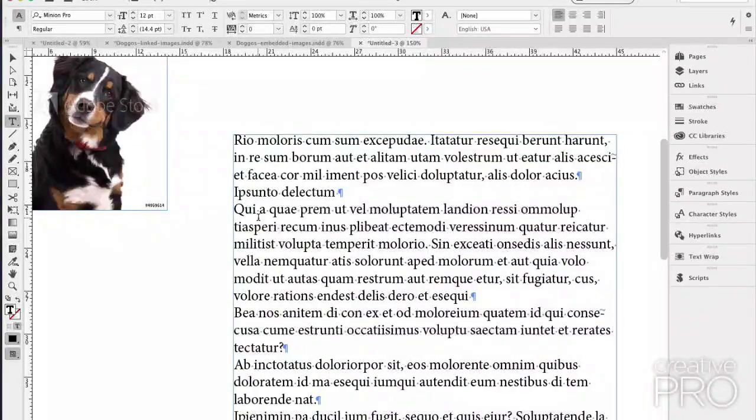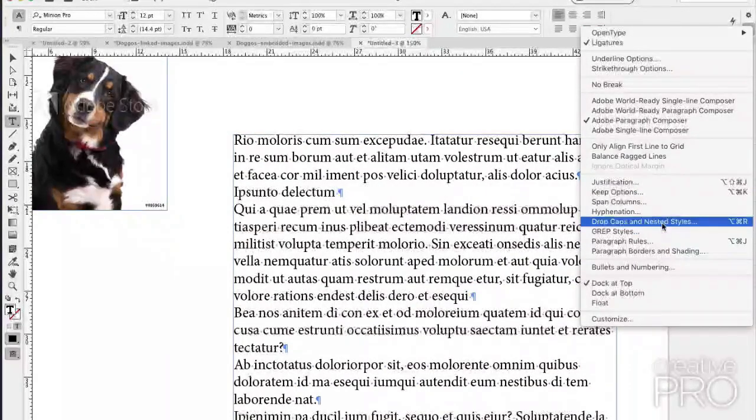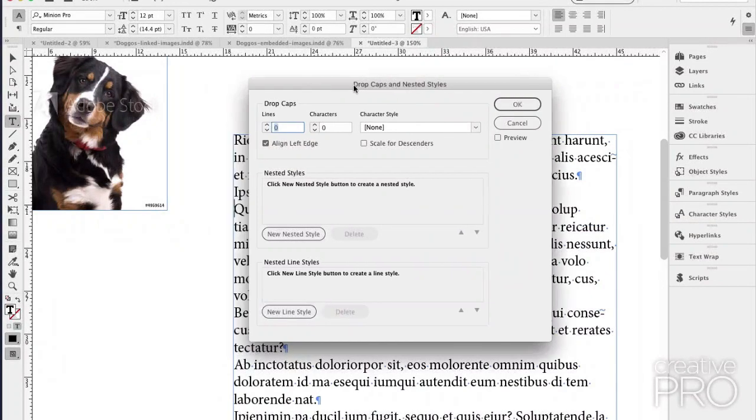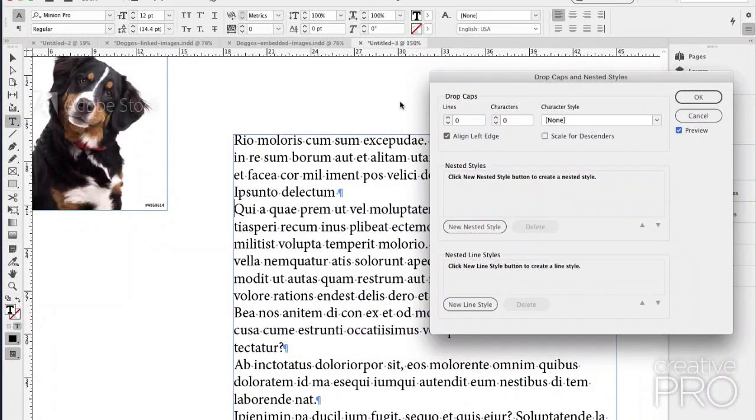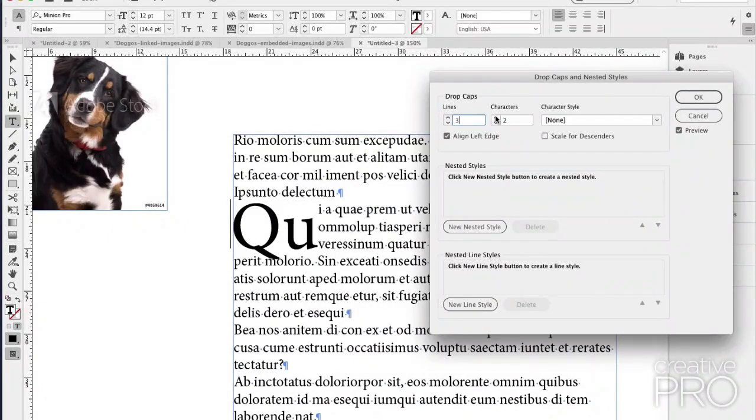So here we have a paragraph that starts with Q, and I'm not even going to bother doing it to the paragraph style. I'll just go down to drop caps and nested styles. The first step is to set the number of lines to drop. I'll say 3 lines. But critical is that you say 2 characters. Now, it looks dumb, but we're going to fix that in a second.